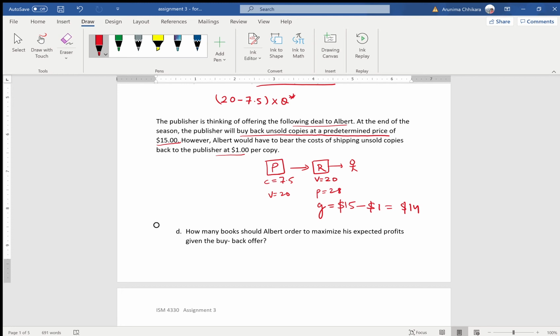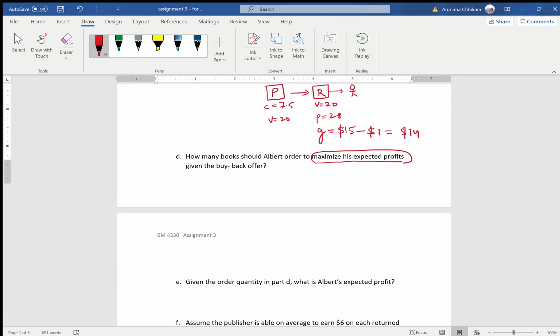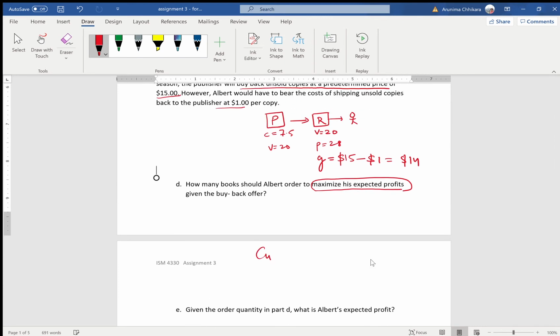It's asking how many books should Albert order to maximize his expected profit. So the keywords are maximizing the expected profit, which means that we are talking about the optimal order quantity in the newsvendor model. So we would go ahead and find our cost of underage, overage, critical ratio, Q star,